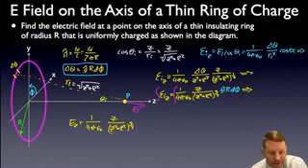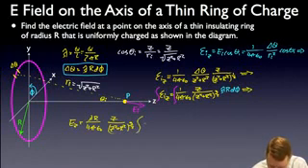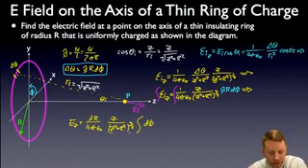Well, where am I going to put that lambda r? I'm just going to put it right over there for now. There's my lambda r times the integral of d phi. And my limits of integration? Well, I've got to go all the way around the circle. So that's going to be from phi equals 0 to 2 pi. And the integral from 0 to 2 pi of d phi is just going to be 2 pi. Therefore,